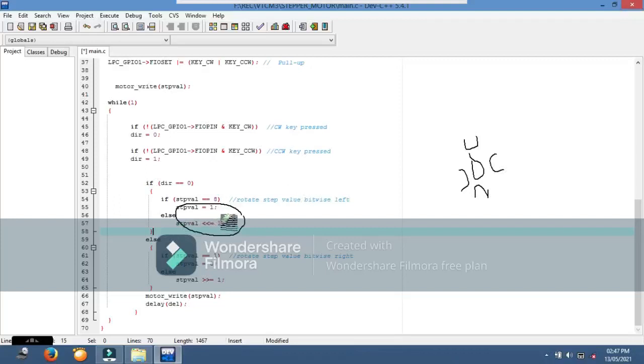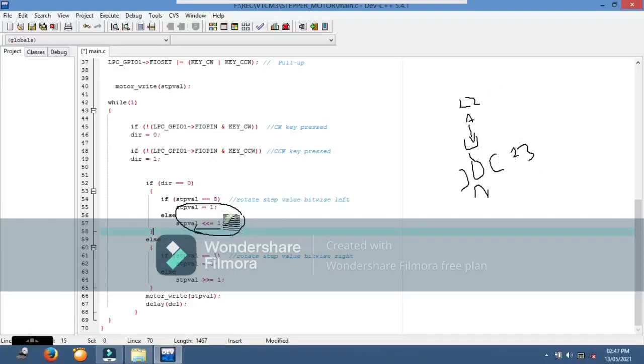In the first step we kept 1, right? Say we are energizing this coil. This coil is kept 1, we are energizing this coil. Let's say this is connected to pin number 22. So we are rotating this in this direction, right? Then pin number 23 is connected to the next coil, right?